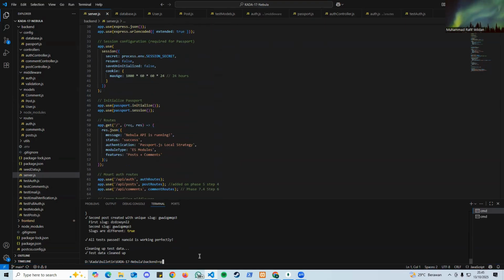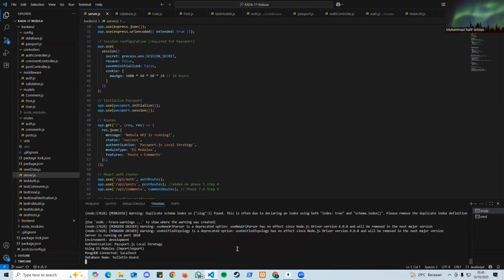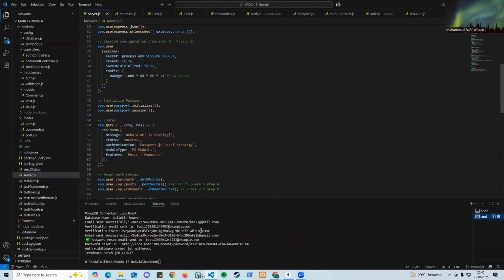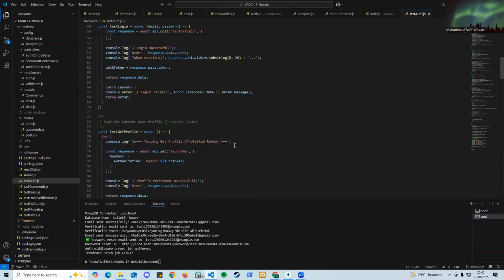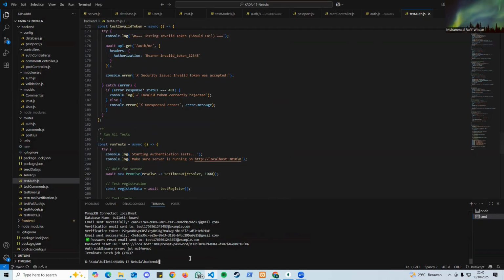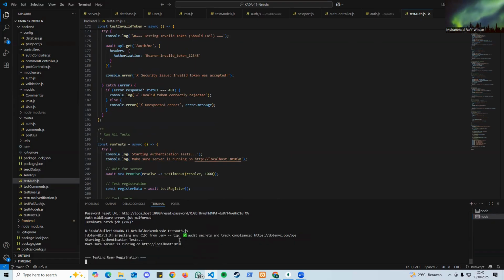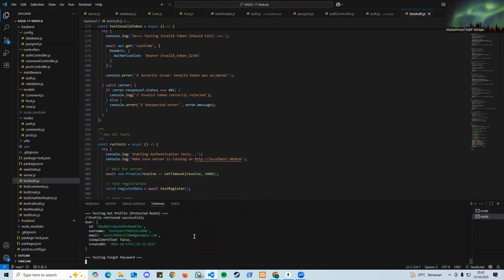Lalu berlanjut ke pengetesan autentikasi. Di sini kita bisa mengetes dengan menjalankan servernya terlebih dahulu. Ketika servernya sudah berjalan, kita bisa melakukan tes autentikasi dengan skema yang sudah kita buat seperti ini. Nah, dapat dilihat bahwa testingnya pun sudah berhasil dengan autentikasi yang sudah kita buat.